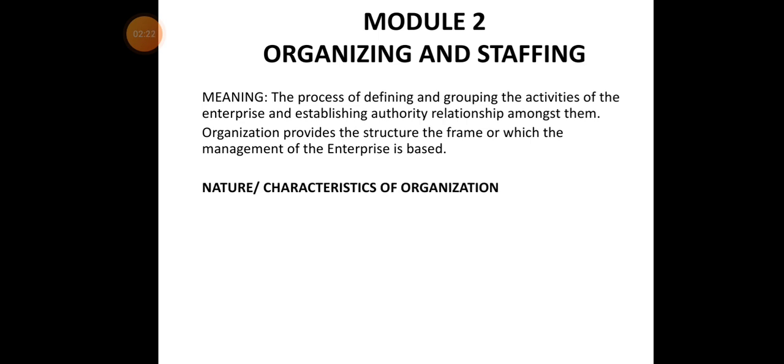Next we see the nature and characteristics of organization. What are all the characteristics, and what is the nature of the organization? First, two or more persons. There should be rules. It is called an organization when more people are working. If a single person is working for a single student, that is not an organization. When more than two persons are working there, only then is it called an organization.